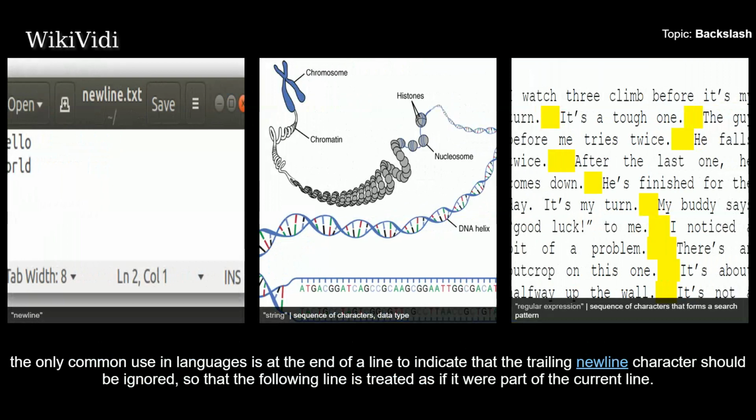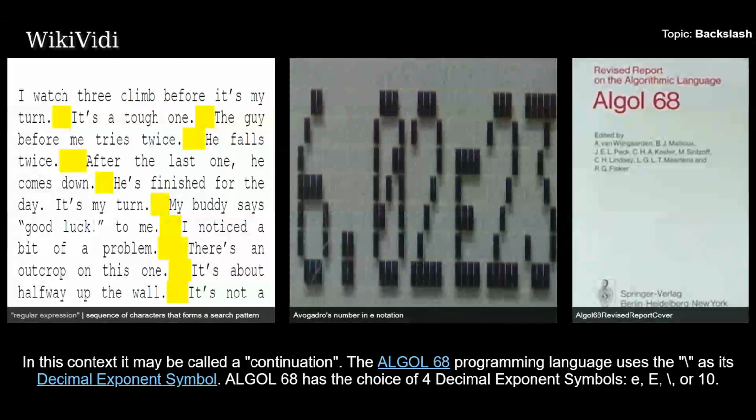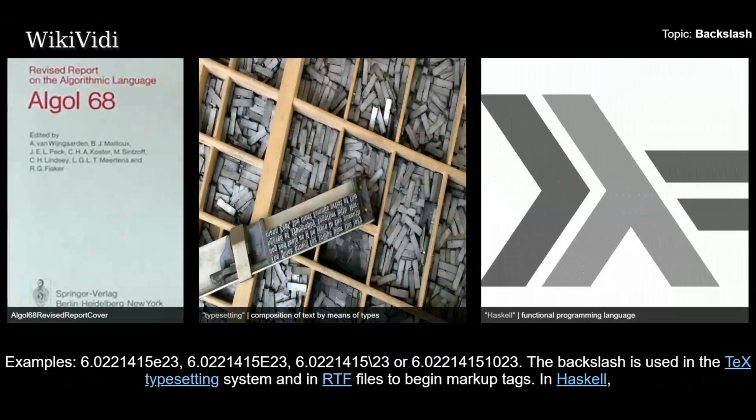The only common use in some languages is at the end of a line to indicate that the trailing new line character should be ignored, so that the following line is treated as if it were part of the current line. In this context it may be called a continuation. The ALGOL 68 programming language uses the backslash as its decimal exponent symbol. ALGOL 68 has the choice of 4 decimal exponent symbols: E, backslash, or 10. Examples: